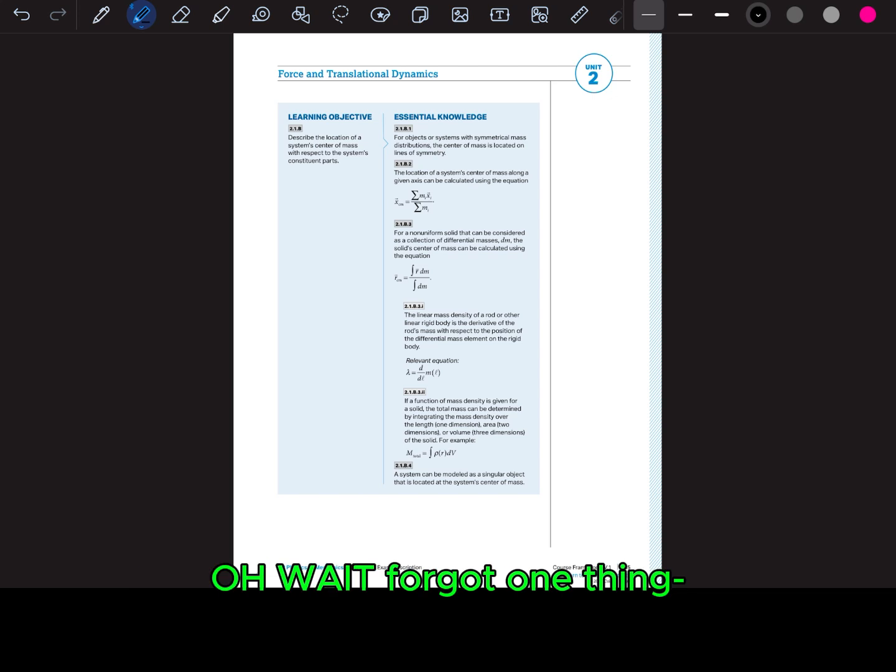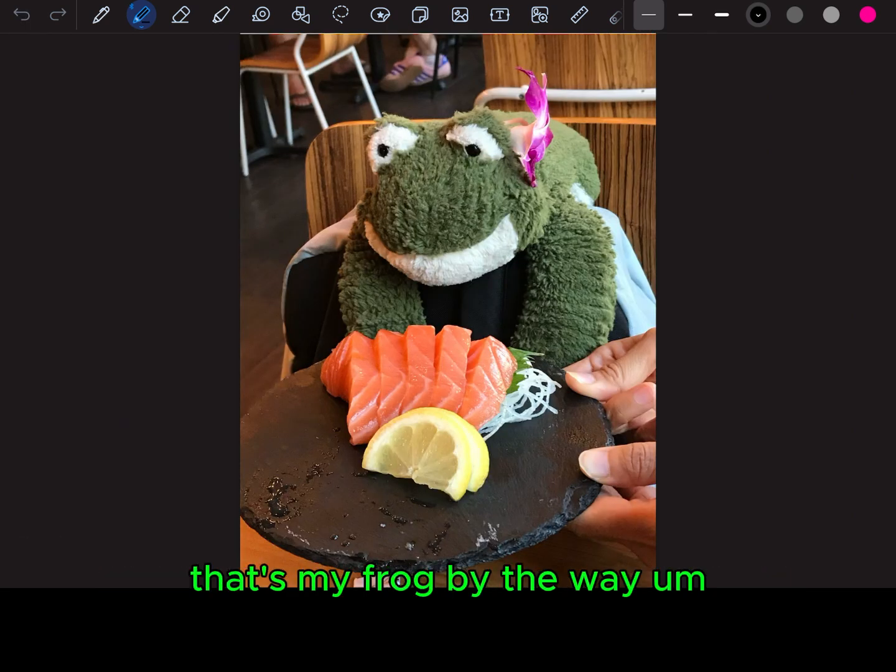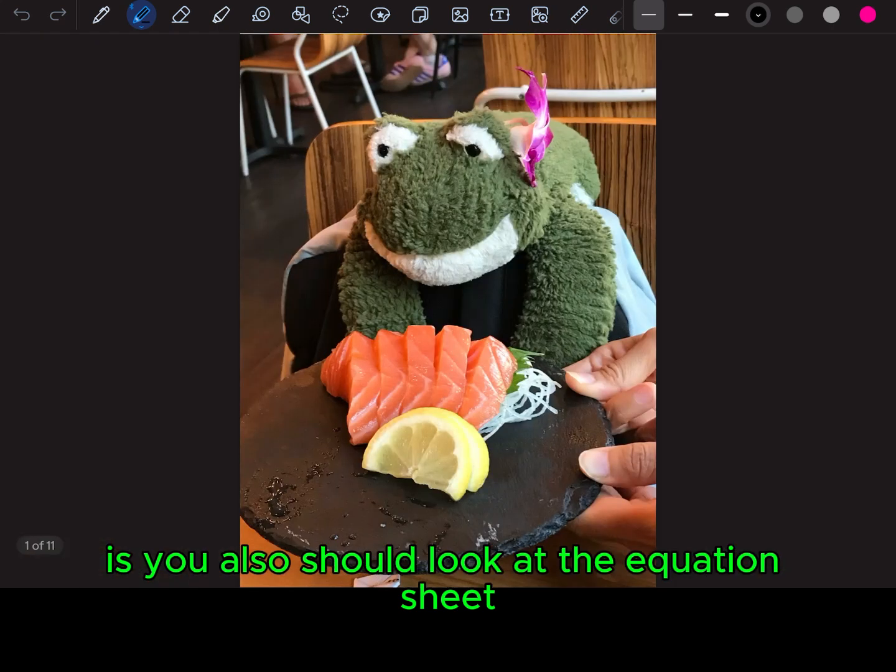And yeah. Oh wait, I forgot one thing. So one thing that I also want to mention, that's my frog by the way, is